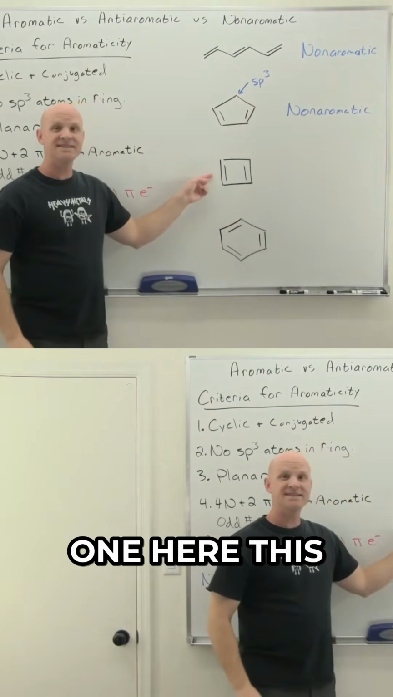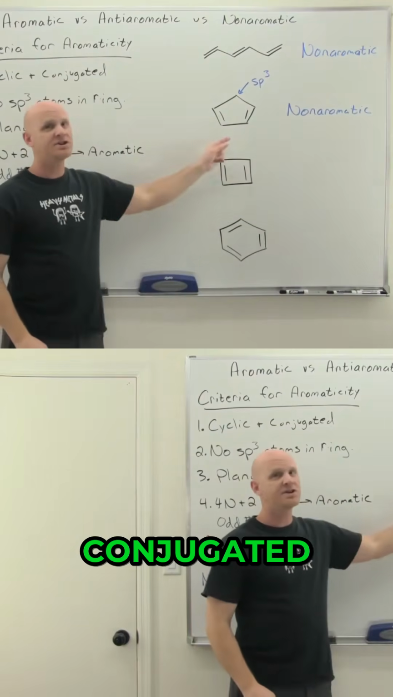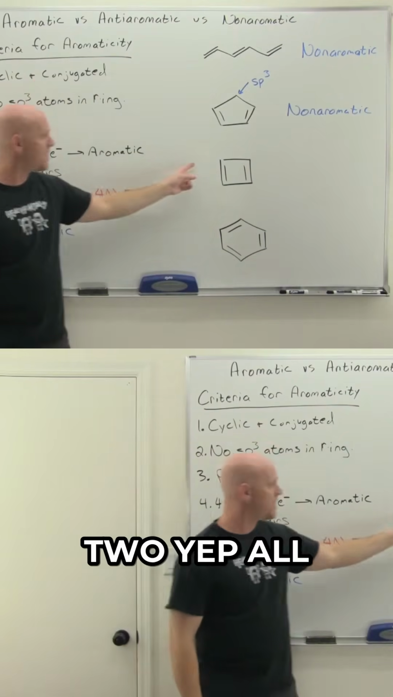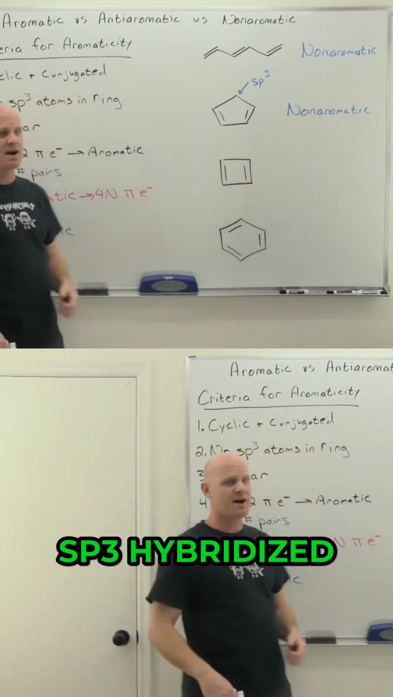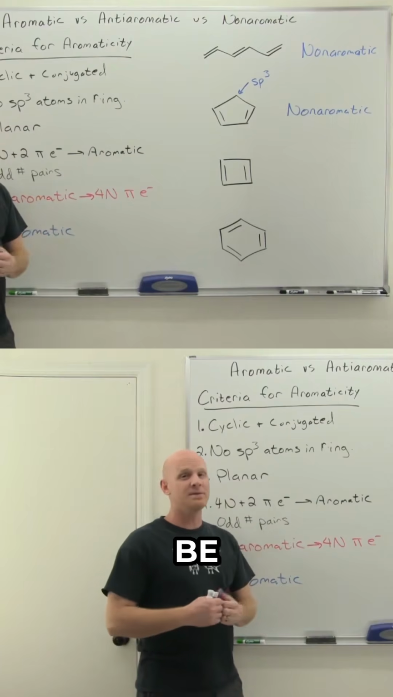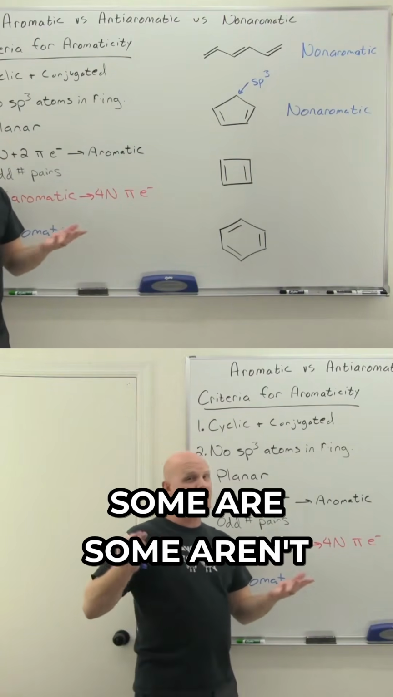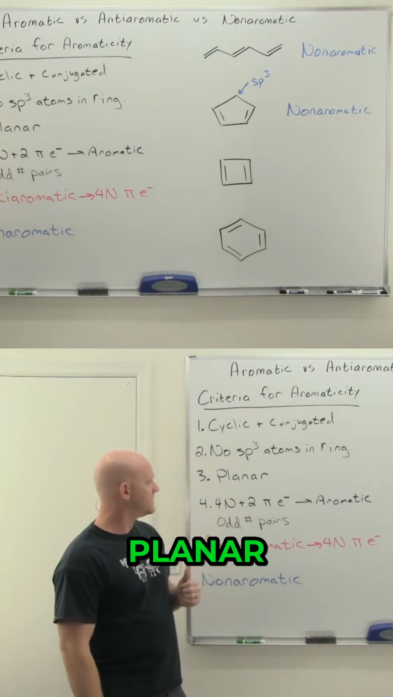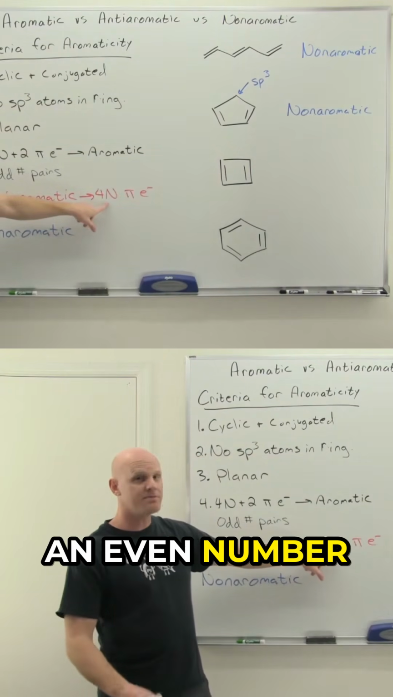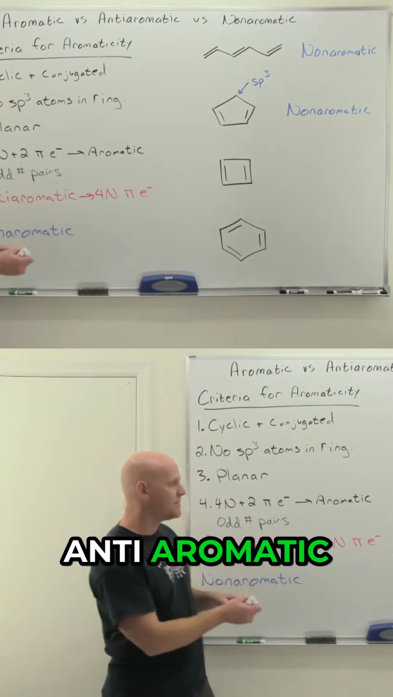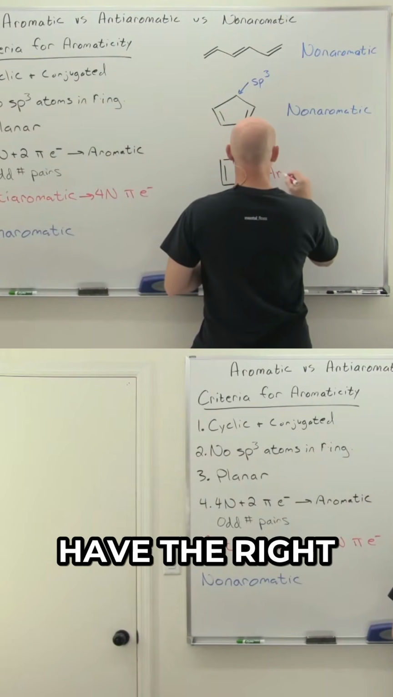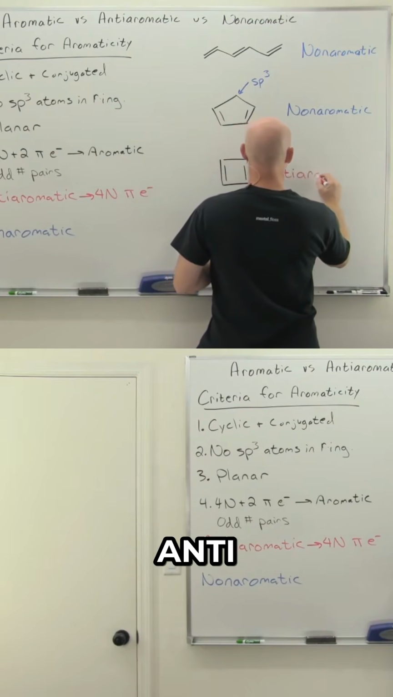All right, next one here, this is cyclic. It is a completely conjugated system, check. So rule number 1, and 2, yep, all the atoms are sp2 hybridized. There's none that's sp3 hybridized. Okay, check. Planar, yep, 4-membered ring. Again, 7 or lower can definitely be planar. 8 or more, we'll see some are, some aren't. So definitely planar, but it actually has 4 pi electrons, which is a multiple of 4, or an even number of pairs, 2 pairs. And that is an anti-aromatic number, not an aromatic number. And so we passed all the first 3 rules, but we didn't have the right number of electrons. So this is anti-aromatic